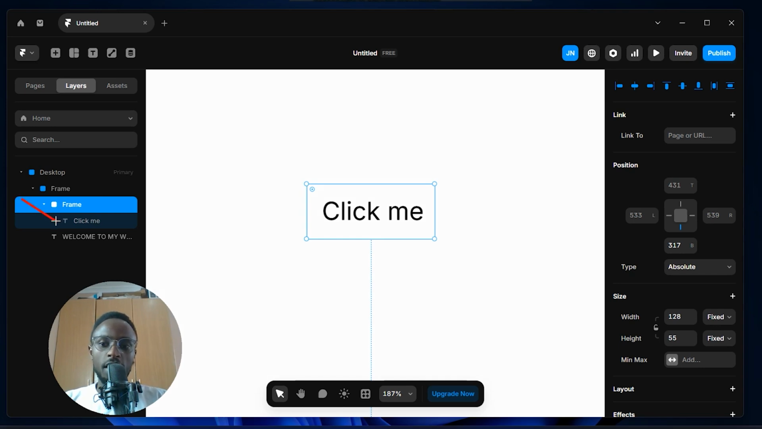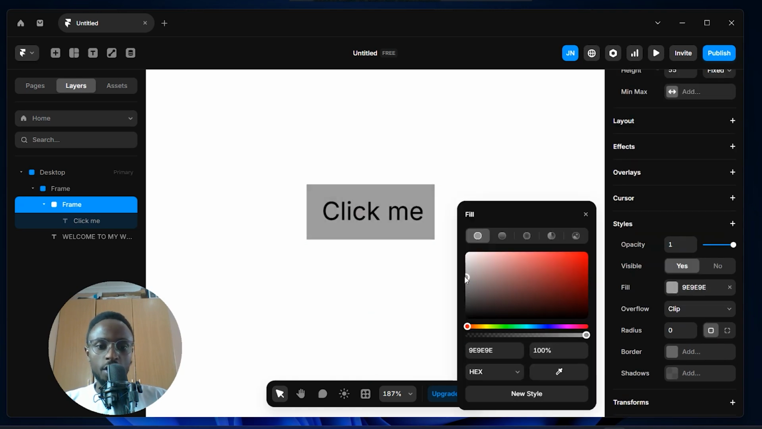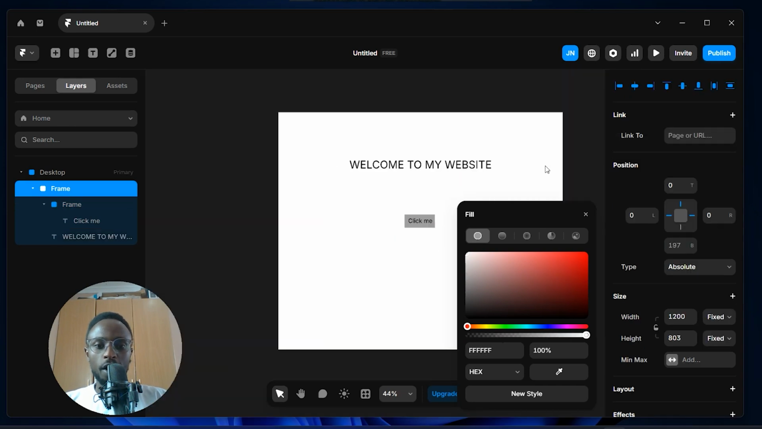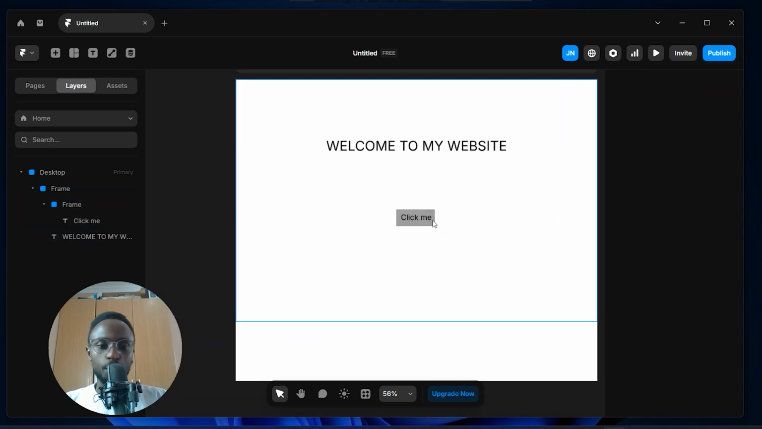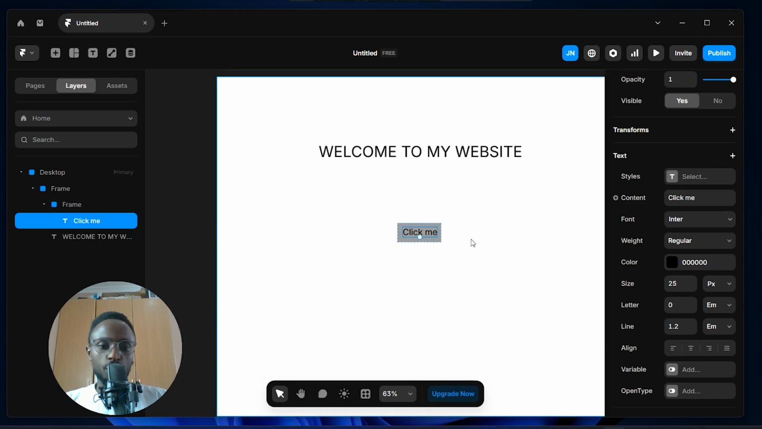As you can see, we have this red line that goes on in this angle. Okay, so again, now we have the frame, and I'm going to give it a color so you can see our button. Okay, so now we have a website. It's called "Welcome to my website." You can see "Click me," but then again it looks a little bit off, so let's add a little bit